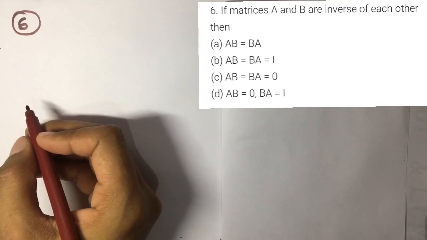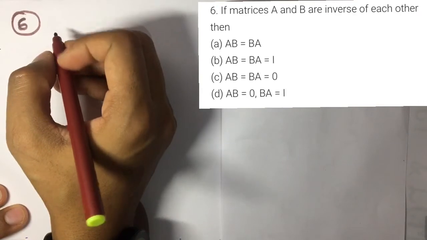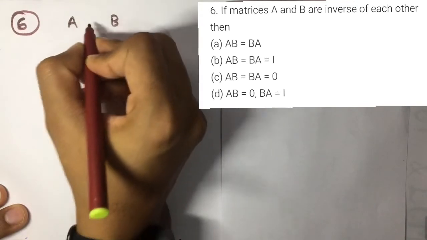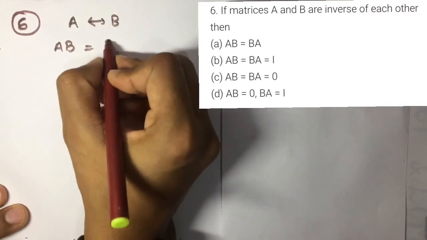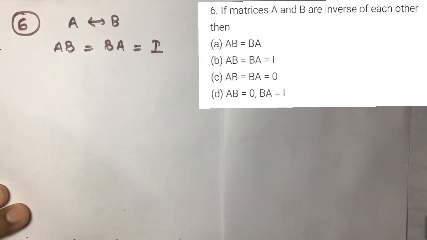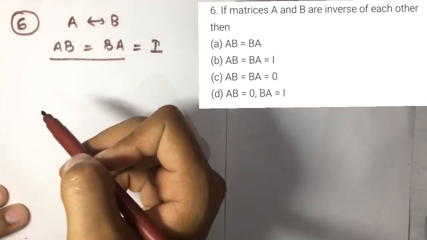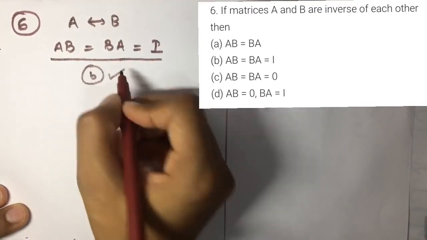Now move on to the question number 6. If matrices A and B are the inverse of each other, then what will be true? So option number B is the correct answer. देखो ऑप्शन नंबर ए और बी में कन्फ्यूजन हो सकती है. दो मैट्रिक्स हैं ए एंड बी, बोथ आर द इनवर्स ऑफ ईच अदर. दैट मीन्स ए बी इज इक्वल्स टू बी ए करने पे हमें क्या मिलना चाहिए? आइडेंटिटी मैट्रिक्स मिलनी चाहिए. तो ऑप्शन नंबर ए में देखो क्या दिया हुआ है, खाली ए बी इज इक्वल्स टू बी ए, और सेकेंड ऑप्शन में दिया हुआ है ए बी इज इक्वल्स टू बी ए इज इक्वल्स टू आई. दैट मीन्स ऑप्शन नंबर बी इज द करेक्ट आंसर.